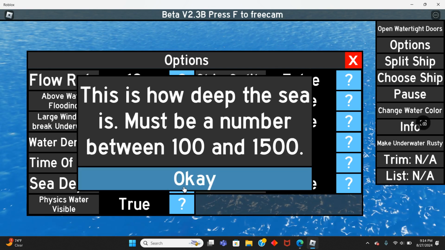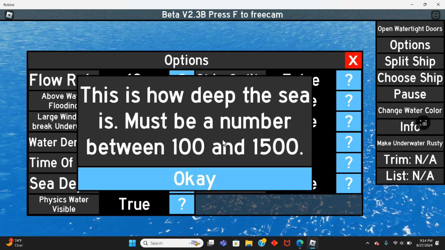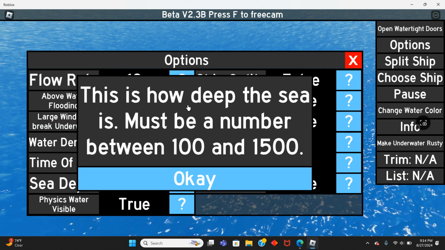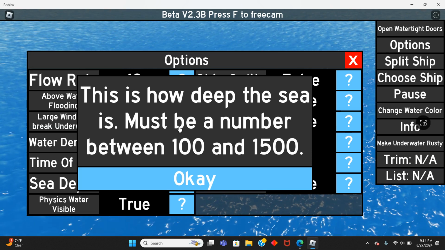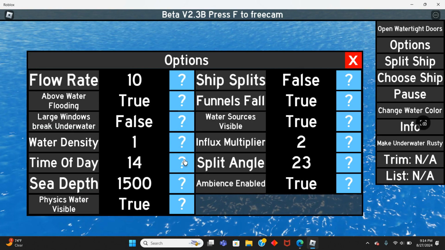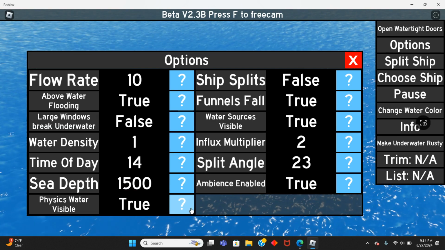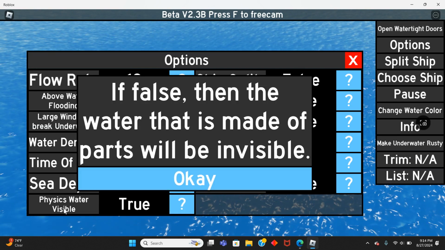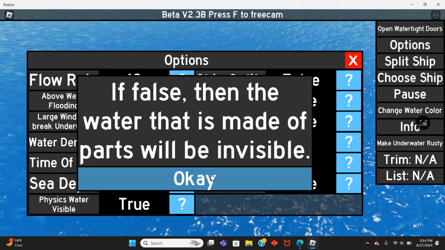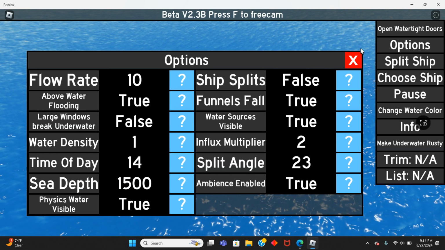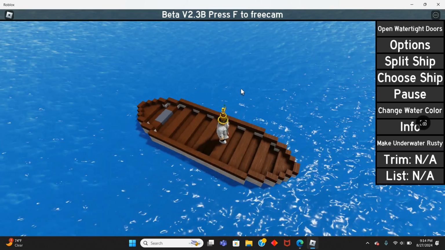The sea depth is how deep the sea is. Must be a number between 100 and 1,500. Water physics visible: if false, then the water that is made of parts will be invisible,